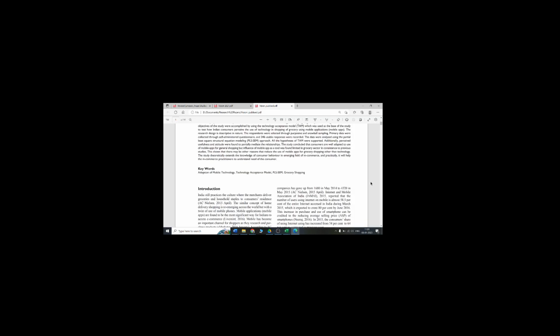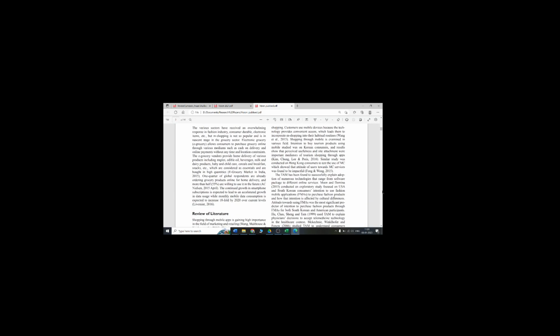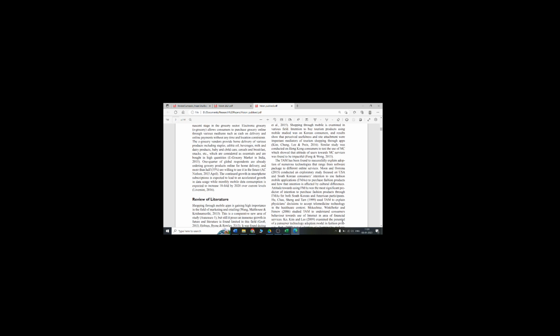Yeah, we were talking about agreement, disagreement. Just give me 1 minute, I wanted to show agreement and disagreement. Yeah, so we are using the TAM model, so we'll write something like this. TAM has been found successfully to explain adoption in different fields. For example, Moon has used this. And again, I was able to just write this by looking at my Excel. Otherwise, it's impossible to remember something like this. You can also talk about contradictory theory, agreement theories, and yes, that's it from my side.